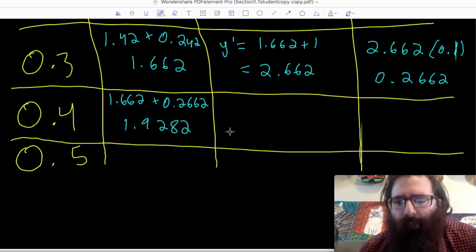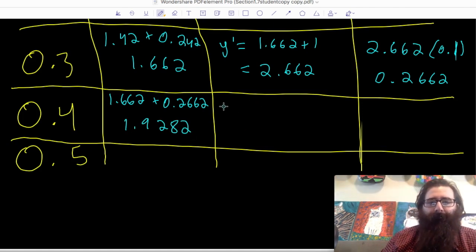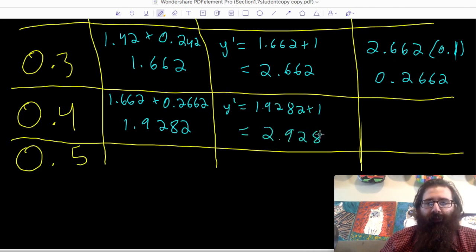Let's take a look at what we get. Plug into y prime. So y prime is going to be y plus 1. 1.9282 plus 1 gives us 2.9282. And then I take this value, 2.9282, and I multiply it by h, which is 0.1, gives me